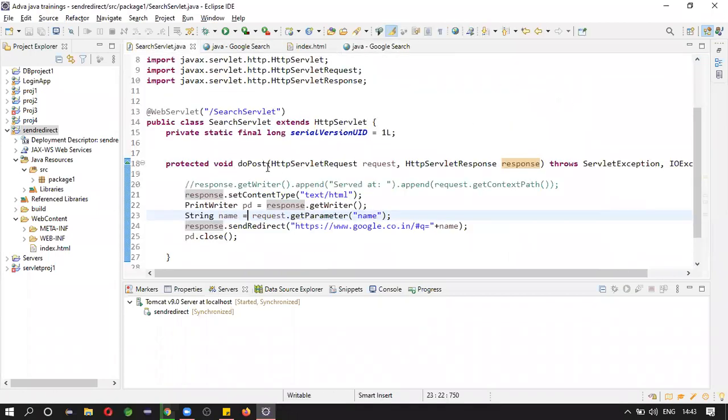We cannot handle the post method by using get. Next we will see the include method.